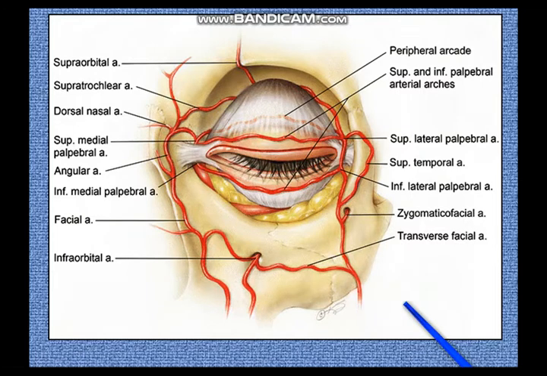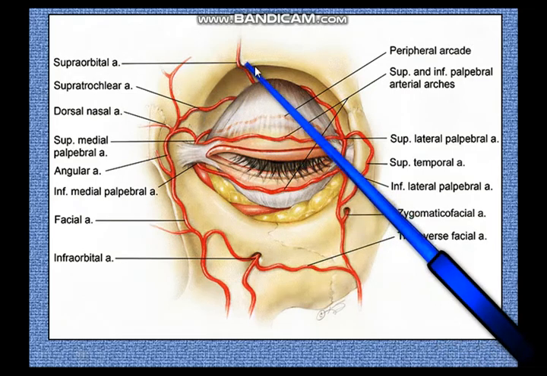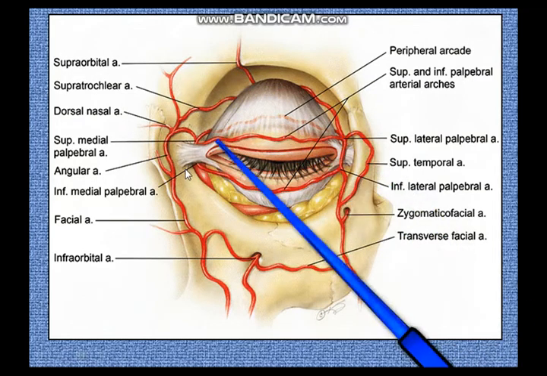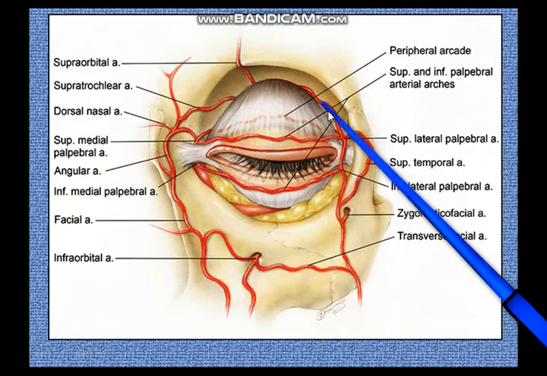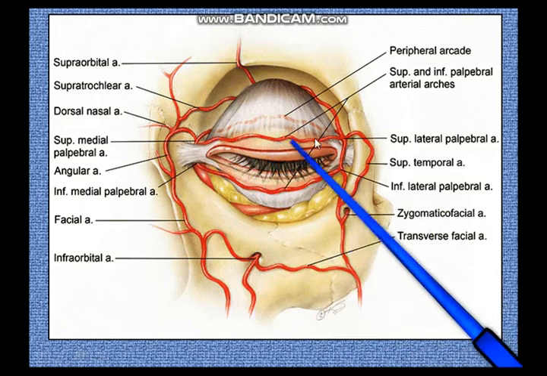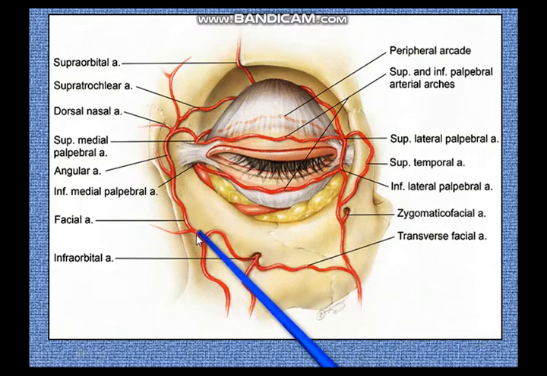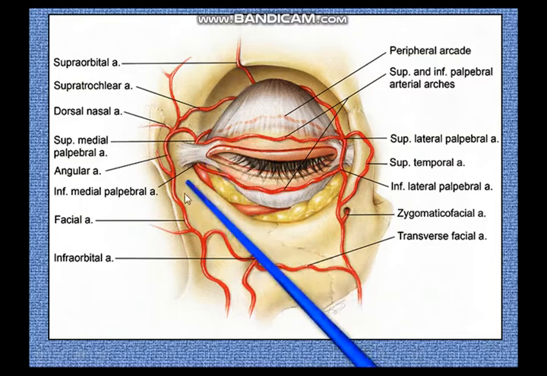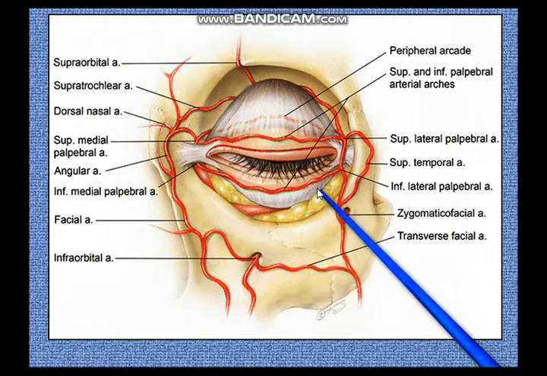Now the nerve supply of the eyelids is the same as the nerve supply of the face in this region. That is, you have the supratrochlear, supraorbital nerve, you have the lacrimal nerve, you have the infratrochlear nerve, and the external nasal nerve. So supratrochlear, supraorbital, and lacrimal, they will be supplying the upper eyelid, and the infratrochlear and the external nasal over here, they will be supplying the region on the boundary of the lower eyelid, and the infraorbital nerve, very large over here, they will be supplying the major part of the lower eyelid.